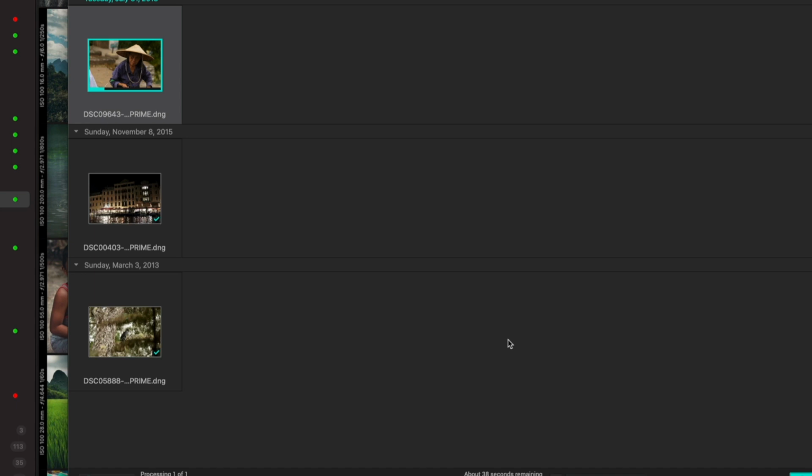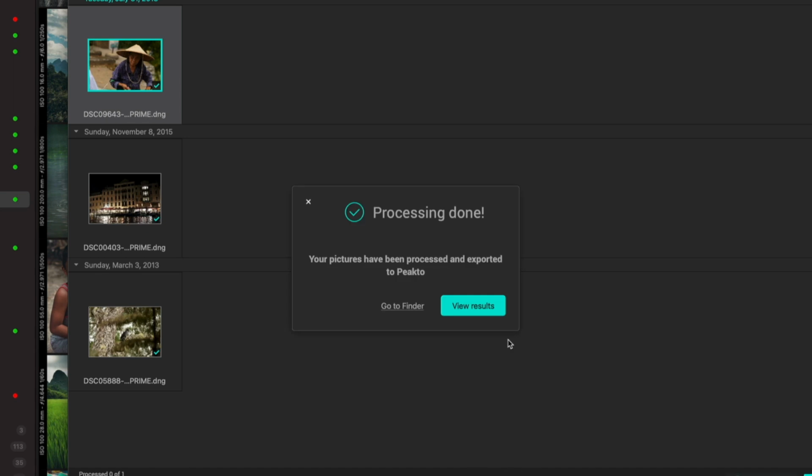So now what's happening is I have this image being produced inside my existing master folder that was referenced in Lightroom and is not directly referenced in Peakto. At the end of the process, Peakto is going to be called, because this is what I chose to do when I started the process. Peakto will receive the new file and